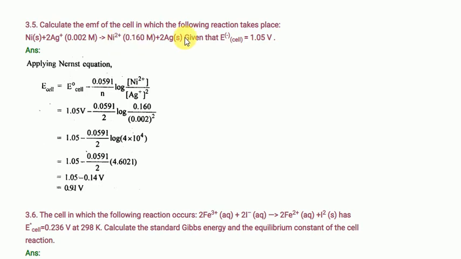Remember, students, most students have some doubt about the Nernst equation. What does the Nernst equation mean? Suppose I'm taking a nickel rod in nickel sulfate solution, and a silver rod in silver nitrate. After the reaction proceeds, silver will be deposited and nickel will be dissolved. If they have doubt about the standard electrode potential value, remember, if they take silver concentration 0.1 molar and nickel concentration 0.1 molar, how many volts are produced by this cell? Nothing but this much value.